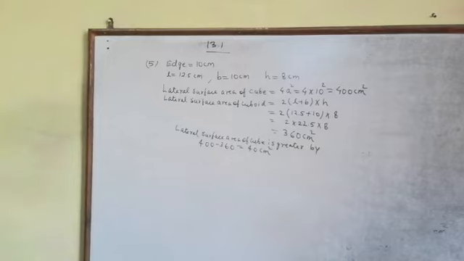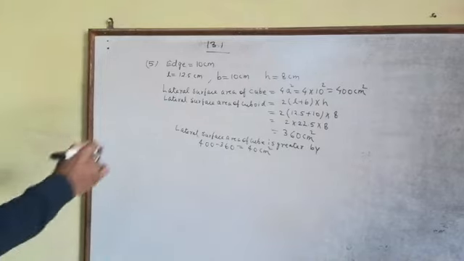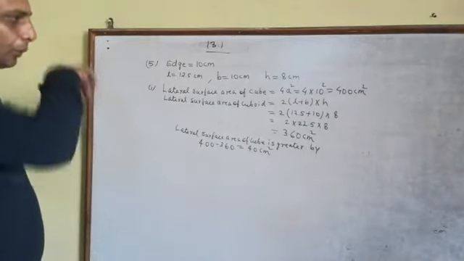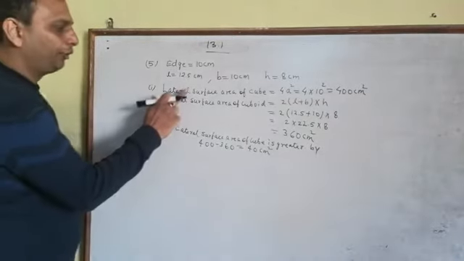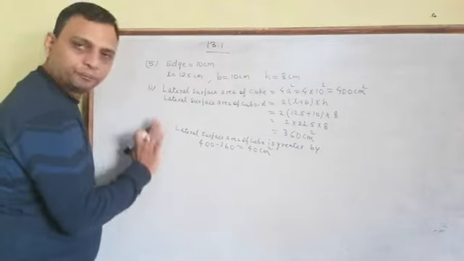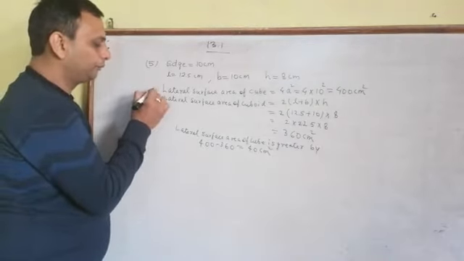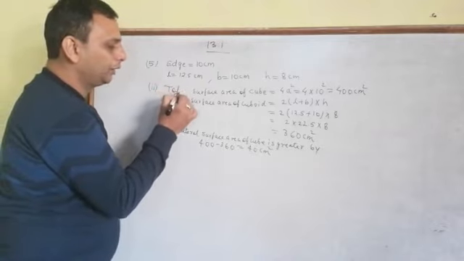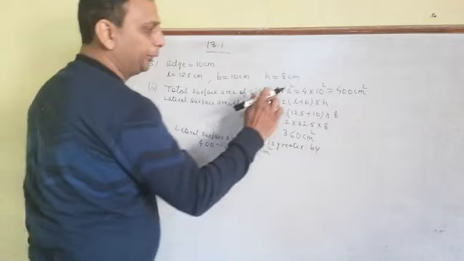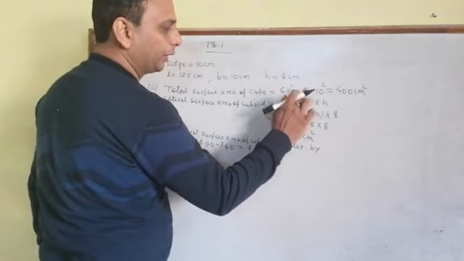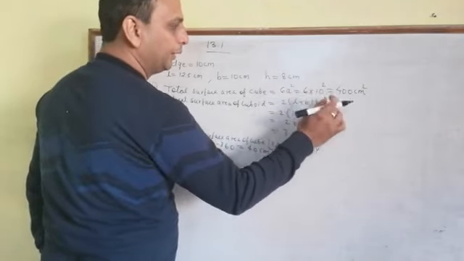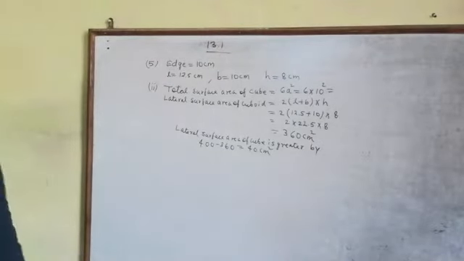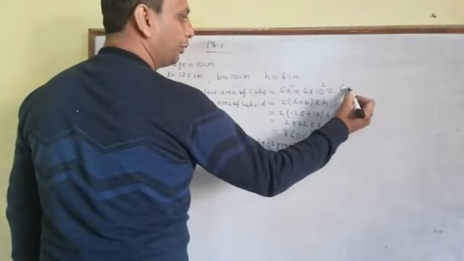Now in the next part we have to find the total surface area. This is the first part of the solution. Now we have to find the total surface area. So for the total surface area, there is another formula. So I am going to change this all. You understood this? Now you take the total surface area of the cube, which is 6a square. So 6 multiply 10 square. So what is the answer? 600 centimeter square is the answer for the total surface area of cube.